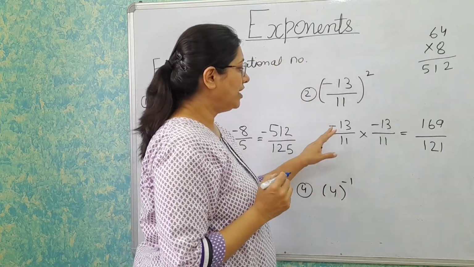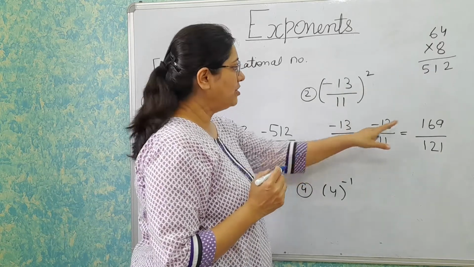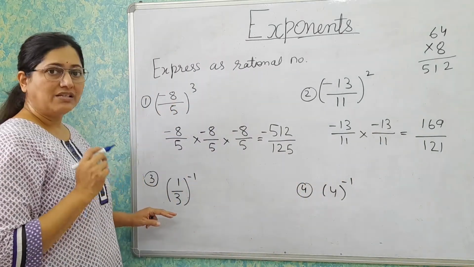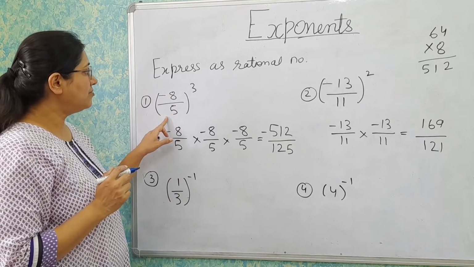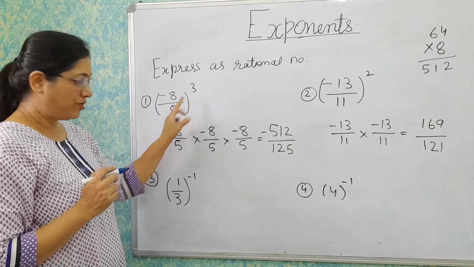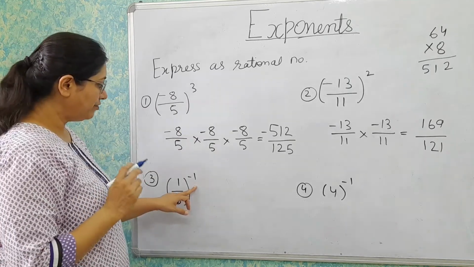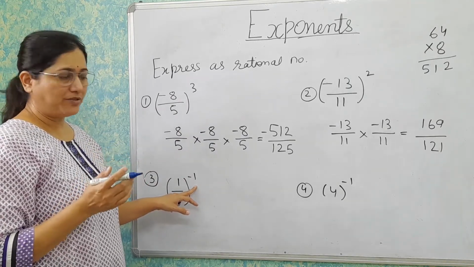Now these two negative integers are getting multiplied an even number of times, so our answer is positive. Next, this type of question is different from this one because this number has a positive exponent and this number has a negative exponent. And whenever we have a negative exponent, we have to follow the law of exponents.